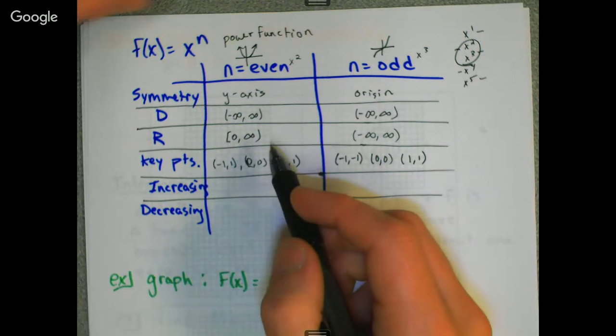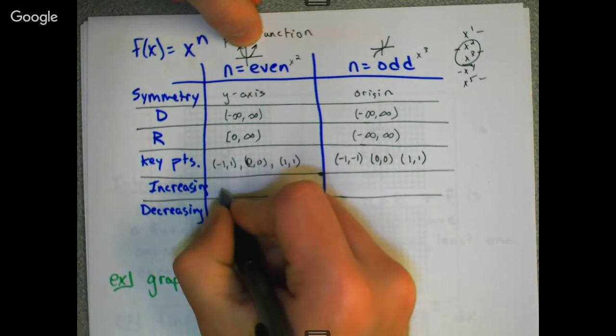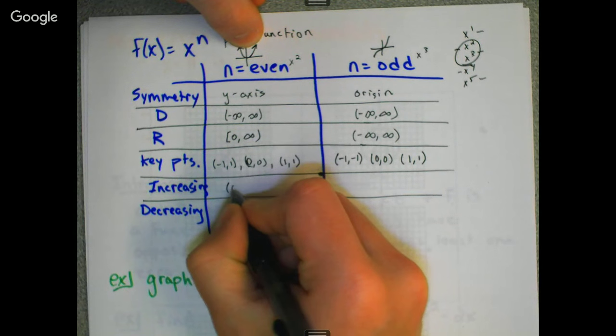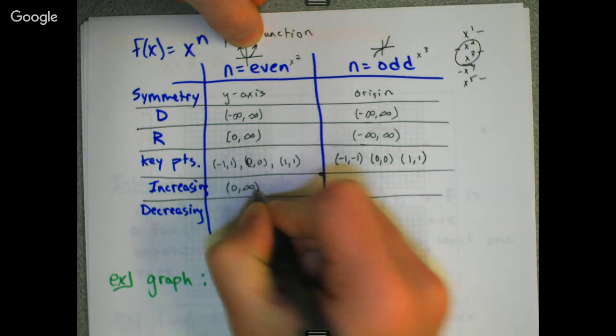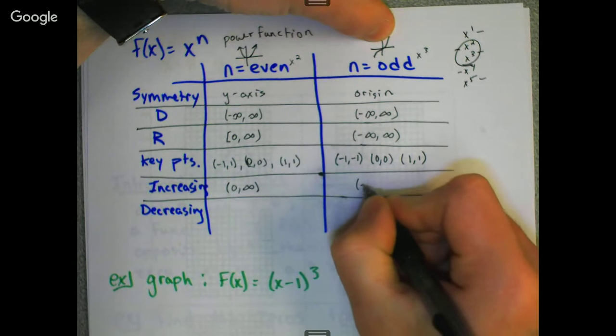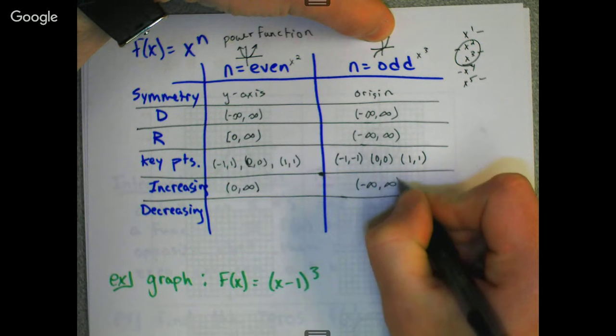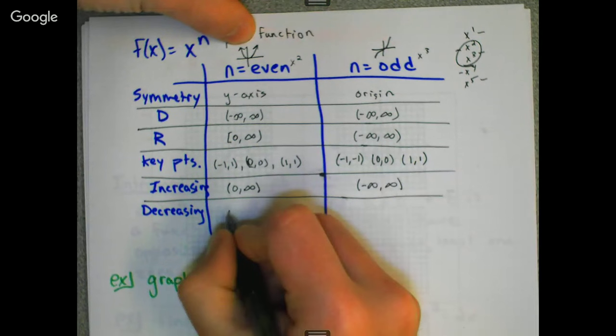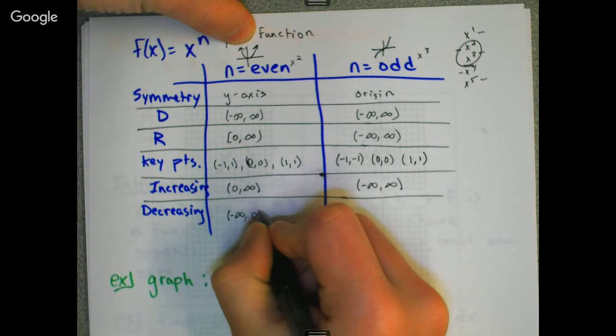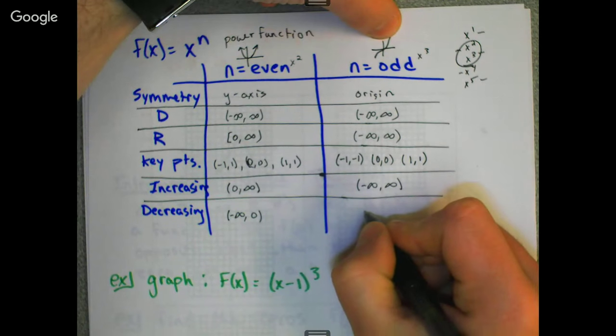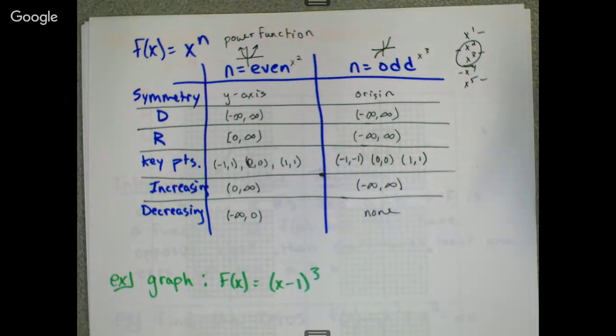So where is this graph right here increasing? It's increasing from 0 to infinity. This one is always increasing. When is this one decreasing? Negative infinity to 0. And this one is never. Okay. It is never decreasing. It's always going up. And I believe I had at one time talked about the progression